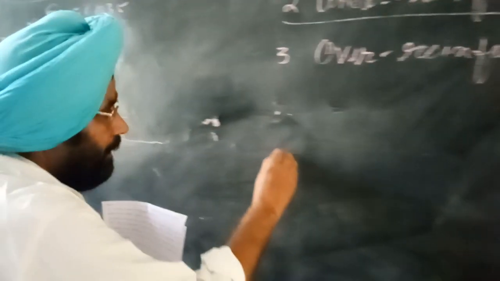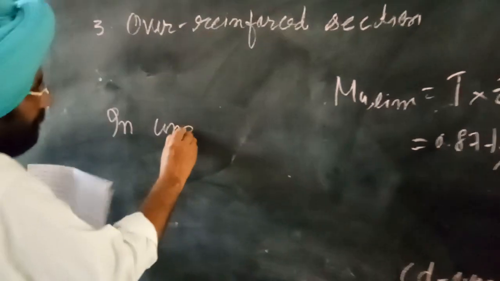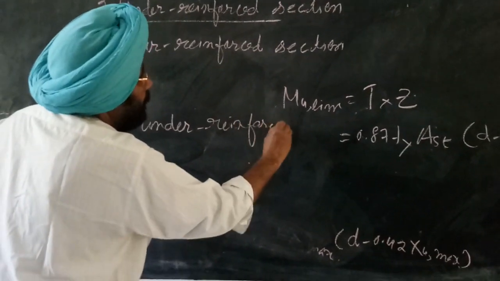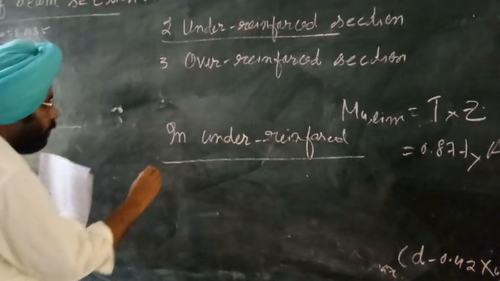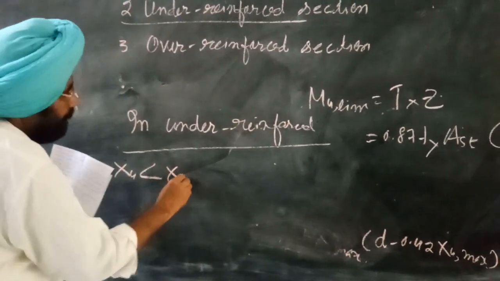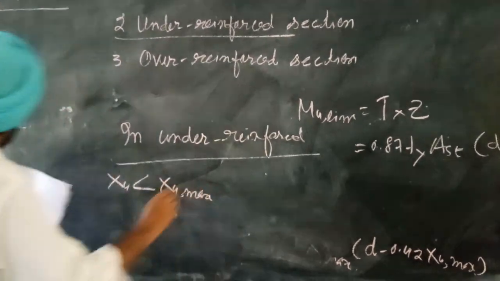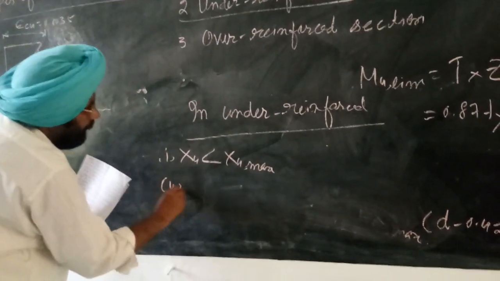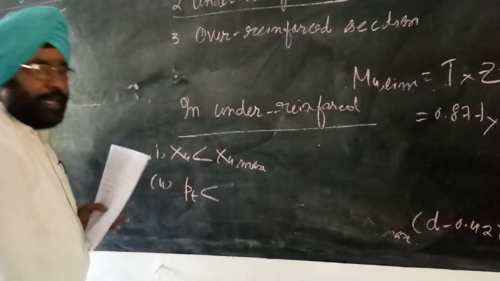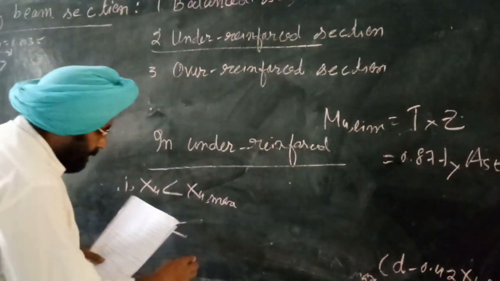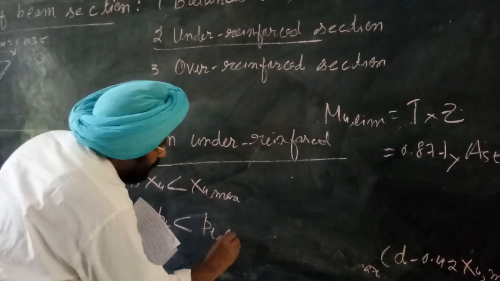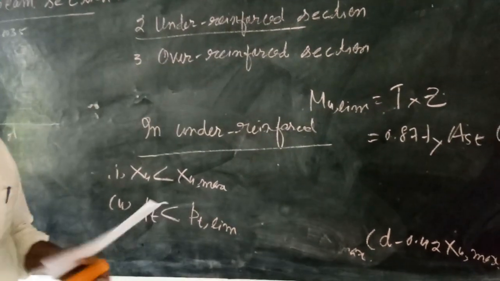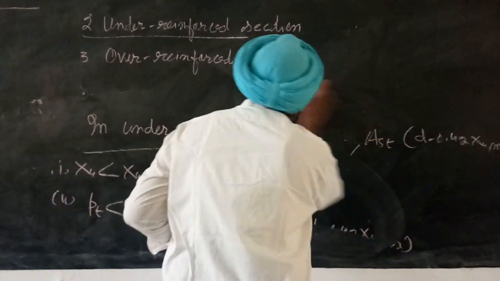In under reinforced section, xu is less than xu max as shown in this strain diagram, and percentage of tensile steel will be less than limiting percentage of tensile steel. And the ultimate moment of resistance of the section will be